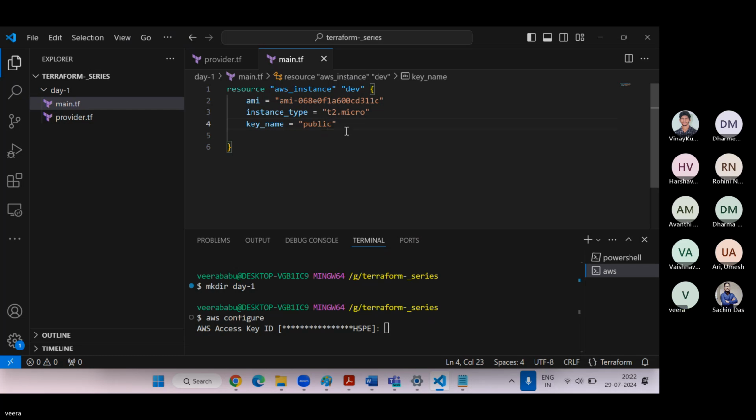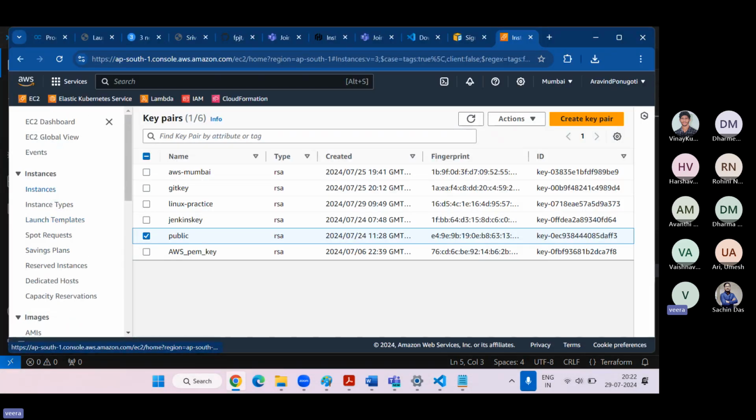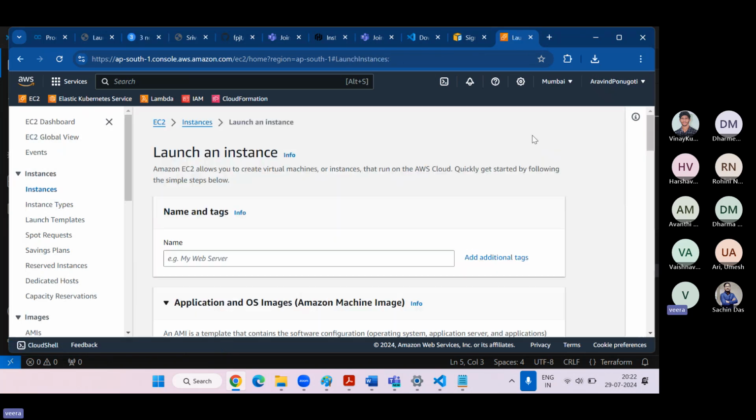a little deeper. So guys, if I give AMI, instance type, and key name, these three are also fine to create an EC2 instance. Subnet, security groups, and EBS volume, everything it will take by default automatically. In the day one class, we already discussed, right? If I want to create an instance, see, launch instance. No need to give VPC subnet details. Automatically the system will take care.